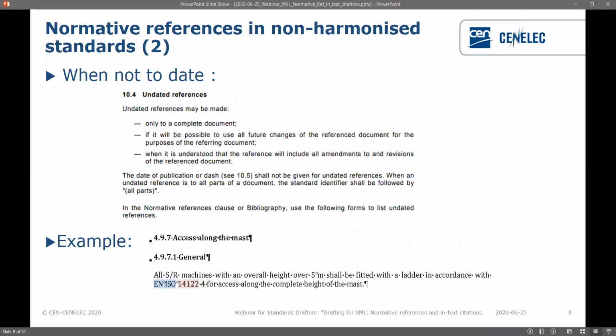Another important point when you talk about normative reference is whether to date it or not to date it. So basically, we don't date when we refer to a complete document. We don't date if you don't mention a specific clause or a specific table or a specific figure, for instance, of that document. So you can see again the extract of the IR3. And also below, you have an example of a correct non-dated normative reference. You can see here there is no need for you to add the date because you can use and refer to the whole of the standard. Next slide.